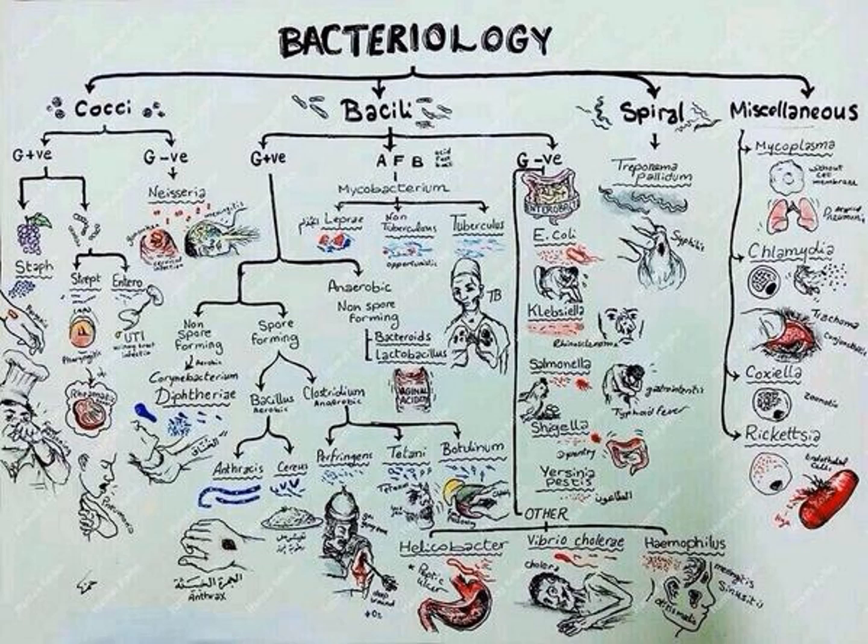So this is just a tree to show you the types of bacteria that infect humans, and we have them divided into cocci, bacilli, spiral, and others or miscellaneous. If we want to know the gram-positive bacteria, they are divided into cocci and bacilli. The cocci, we have the staphylococcus, the streptococcus, and the enterococcus. The gram-negative, we have the